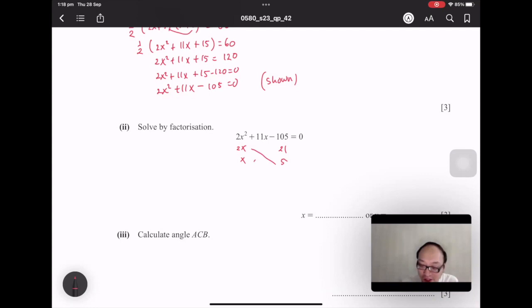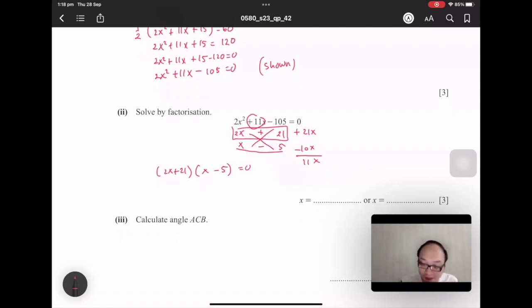I can do the cross multiply here. So this is 10x. This is 21x. To make 11x, this one plus minus, yeah, plus minus. So the answer should be 2x plus 21 and x minus 5